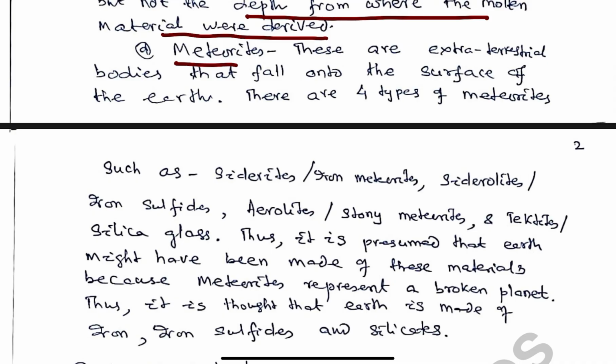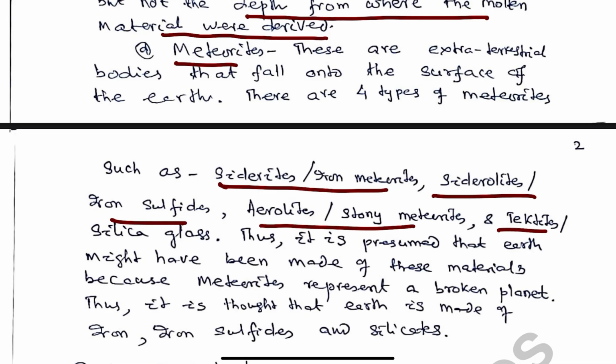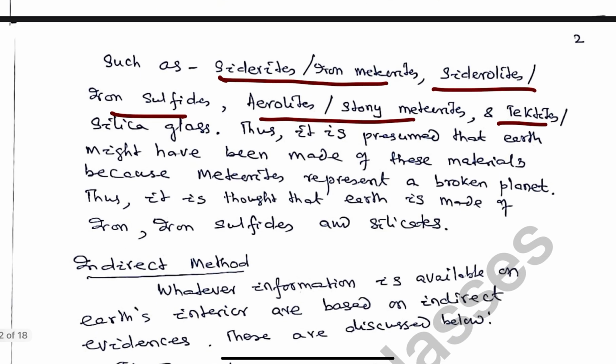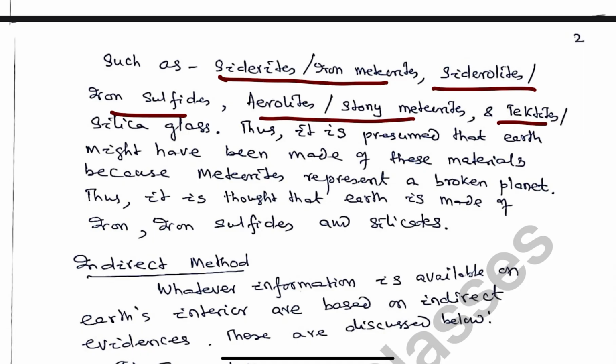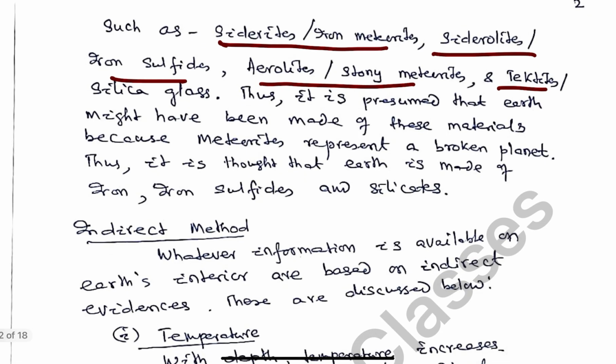And if you take into account the composition of the meteorites, they belong to siderites or iron meteorites, siderolites or iron sulfides, aerolites or stony meteorites, or tektites or silica glass. So these four types of meteorites are falling onto the surface of the earth. And as it represents a broken planet, their composition must be equal to the composition of the Earth's interior. And it is generally assumed that Earth is composed of iron, iron sulfides, and stony meteorites. So these are the evidences which are presented